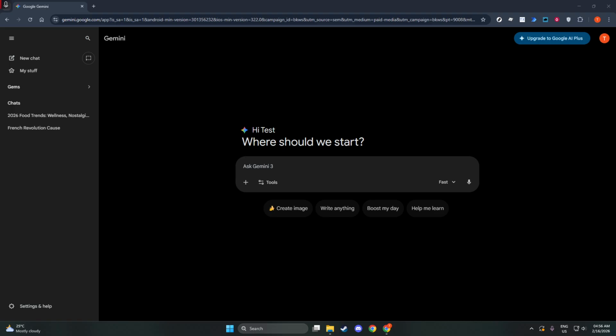Start by stating in your prompt that you want sources with URLs. Simple, direct language works best. For example, you can say, "Please include credible source URLs for every claim you make." This sets the expectation that the answer should not only explain the topic, but also show where the information came